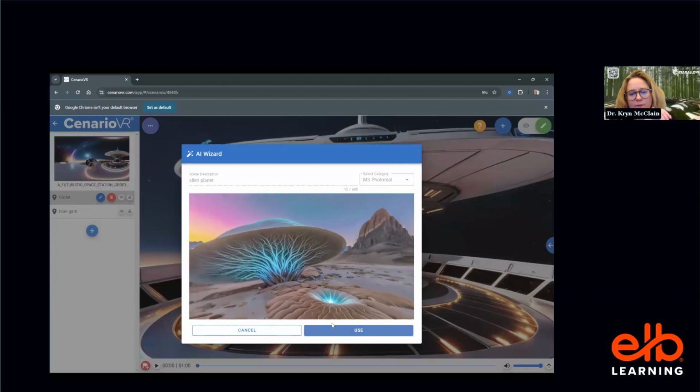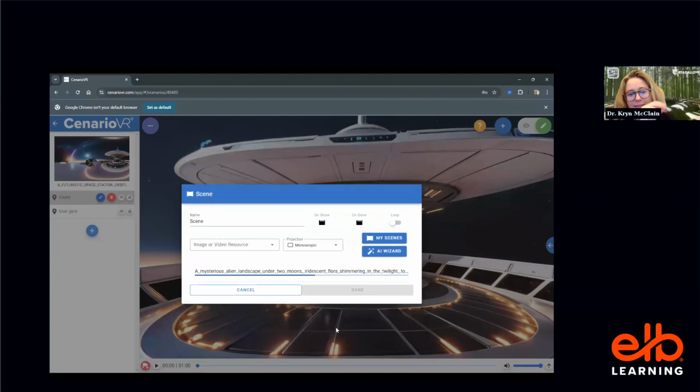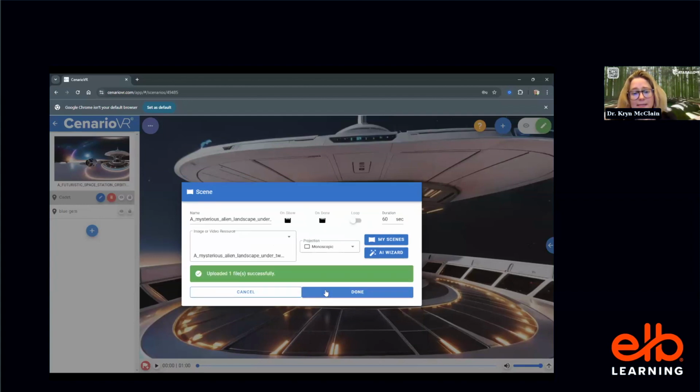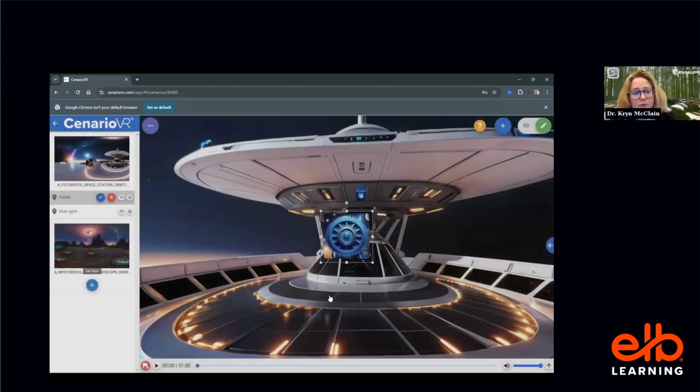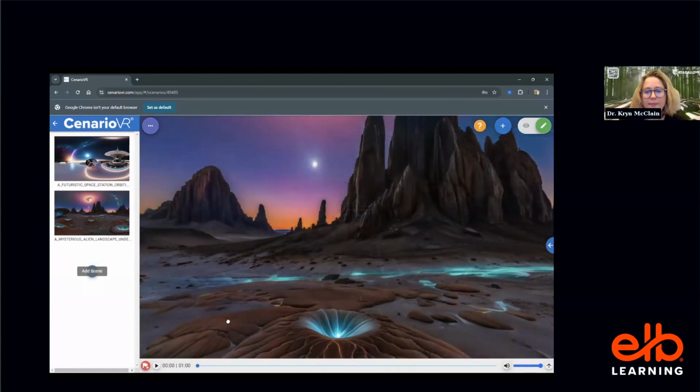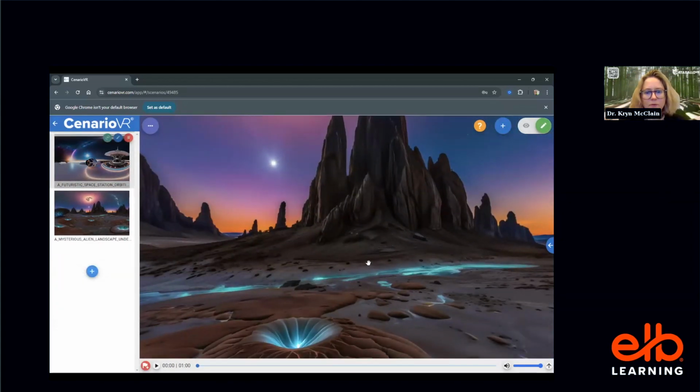Oh, this is beautiful. I love this. This is great. And then to get in here, after I get all my assets ready, I go through and I make all my scenes without any coding so that I know what I want everything to look like. This is great. So when we click our little blue gem here,